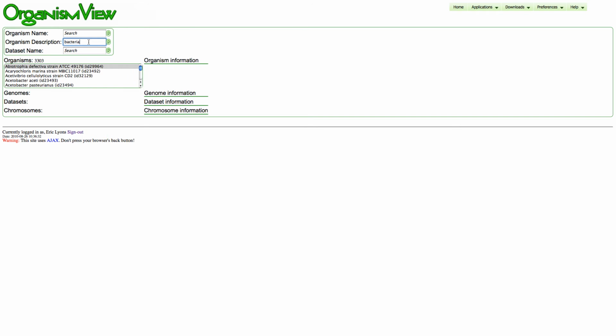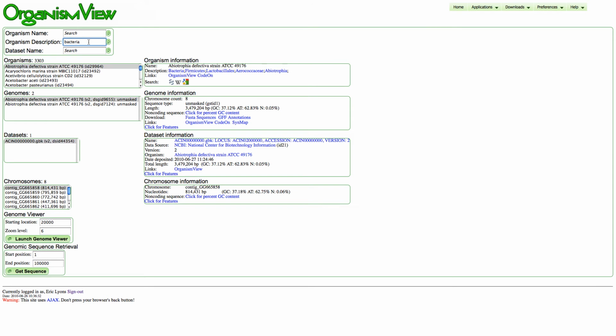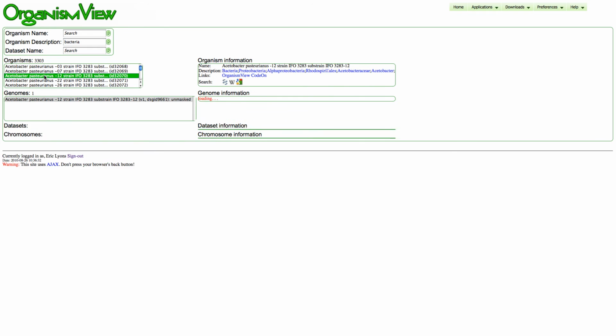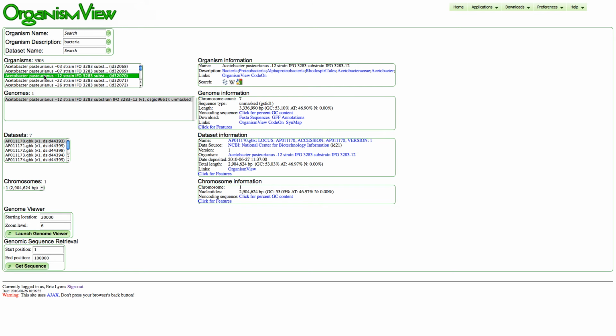Now most of the genomes in CoGe have the NCBI taxonomic description, so you can find everything based on these terms. So this is a quick search for everything that matches bacteria, and here's the example of the taxonomic description. So I can scroll through here and see that there's a bunch of acetobacters, and what I want to do is pick one of them for comparison, and I've selected this one, and its information for the organism is